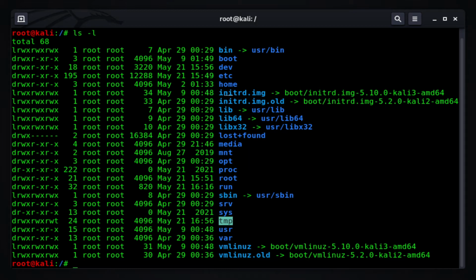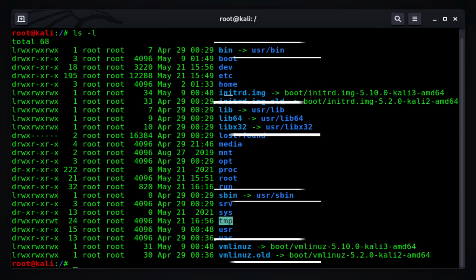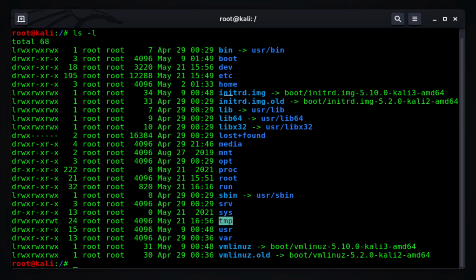Now we have listed all the directories present under the root, or more specifically under slash. Here you can see some files and directories have a different color than the others, like bin, sbin, lib, lib64, etc. In Linux, these are symbolic links, or in general, we call them shortcuts to the actual directories. We will discuss these links in another video.